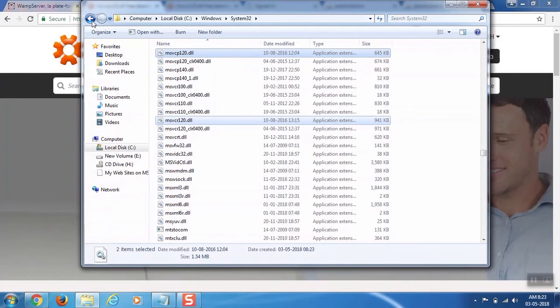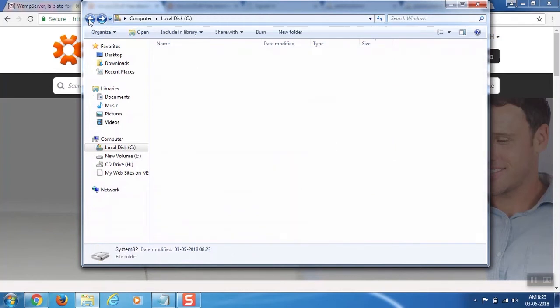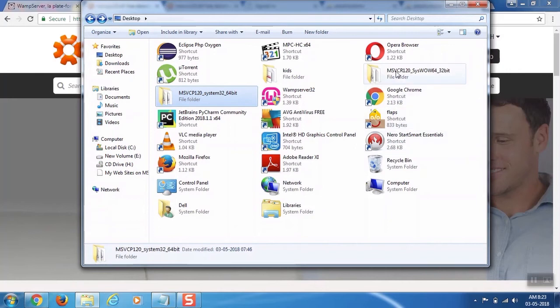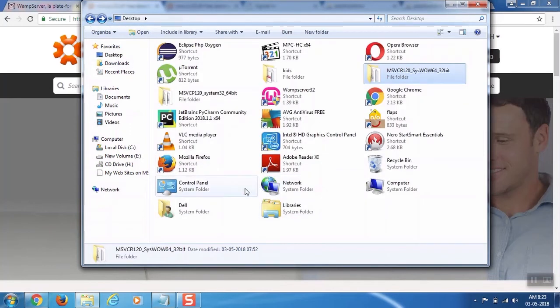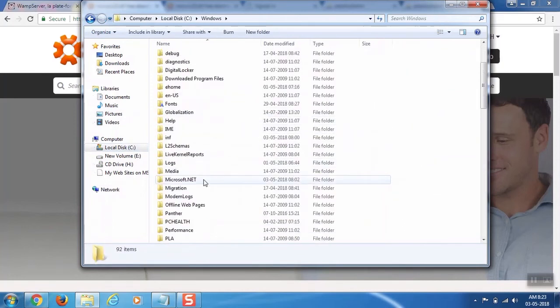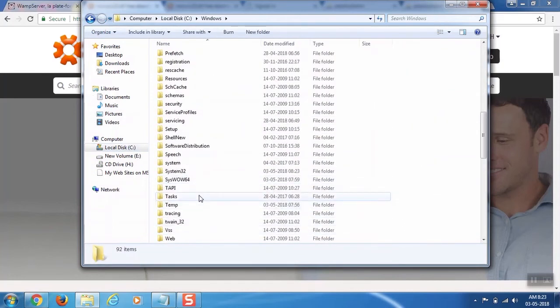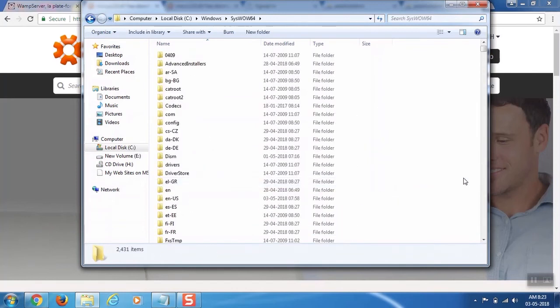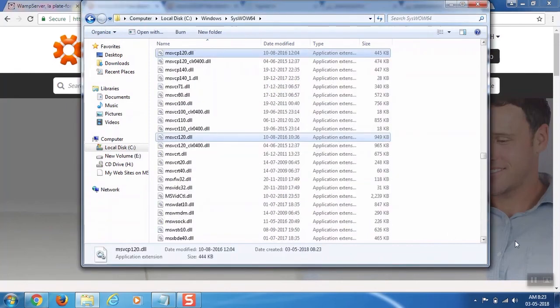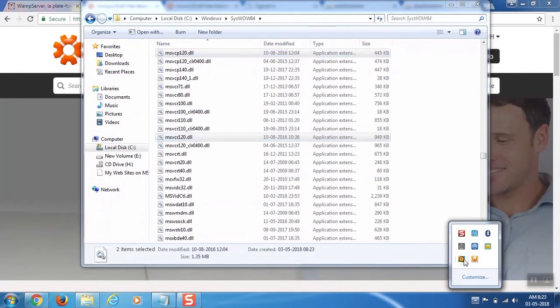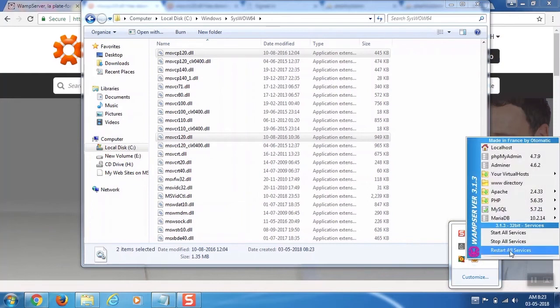Then I'm going to copy 32-bit files and paste on Windows, this folder, SysWOW64 folder, and then just restart my